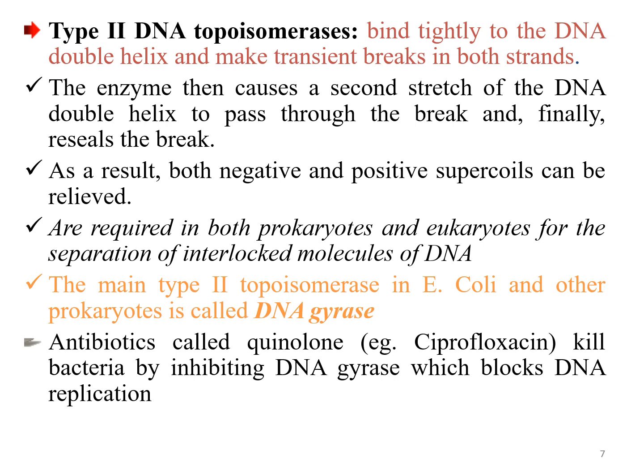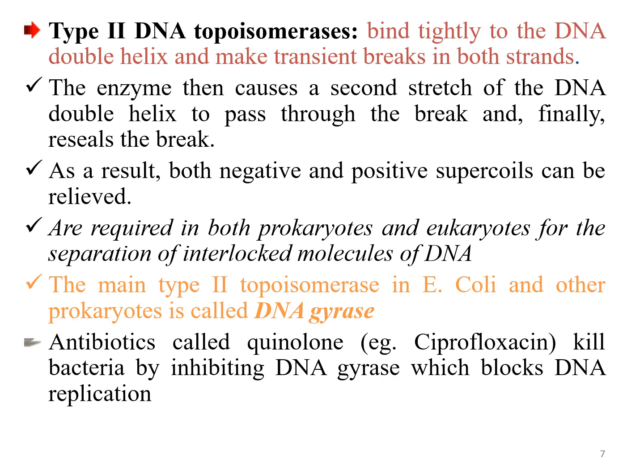Topoisomerases are required in both prokaryotes and eukaryotes for the separation of interlocked DNA molecules. The main type of topoisomerase II in E. coli and other prokaryotes is called DNA gyrase. Actually, DNA gyrase can be either DNA gyrase A or DNA gyrase B, and DNA gyrase B is mainly found in E. coli, and this DNA gyrase is inhibited by different antibiotics, especially quinolones, the ones that have